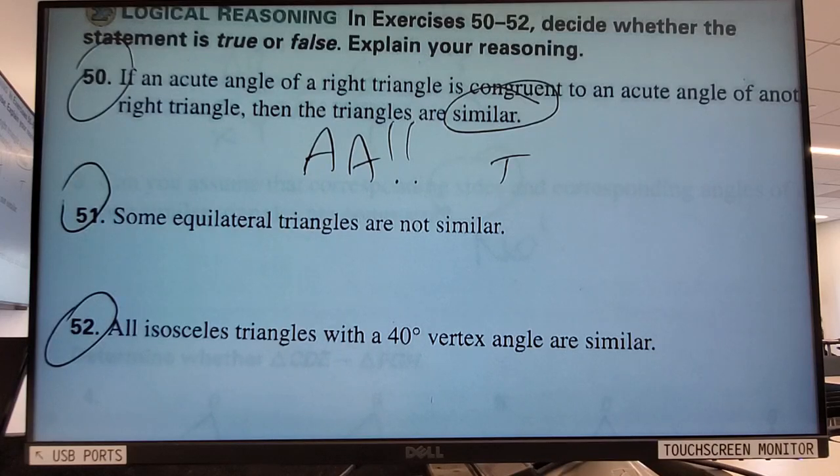Any thoughts? You have a 50-50 shot, right? I don't know, maybe you can come up with a third option. True or false? Well, actually,